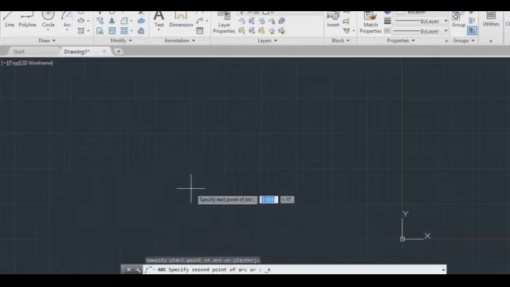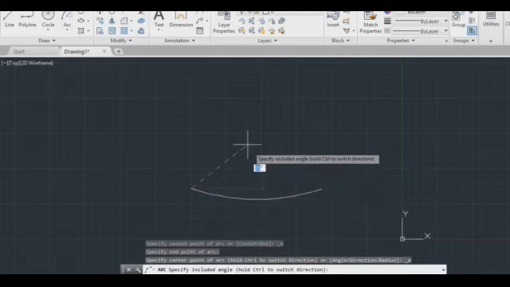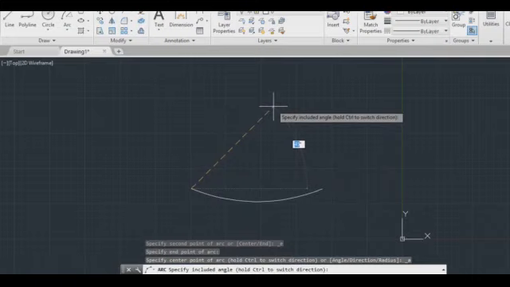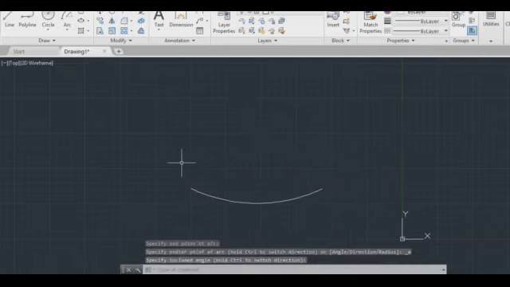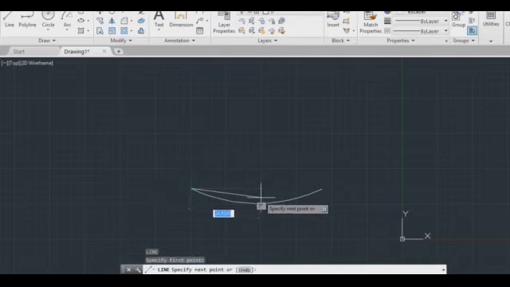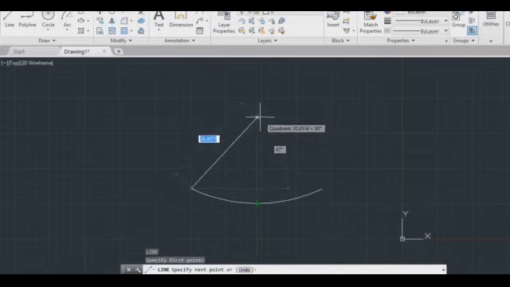Next we will go for start, end, angle. Start point, end point, then the angle of arc. You can give the angle of arc as much as you want. That is the inclination between the center point and that particular line.